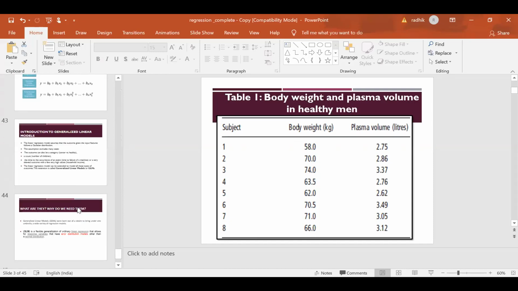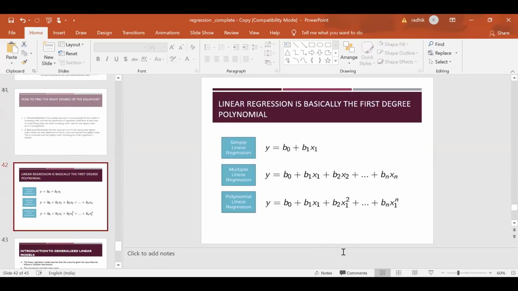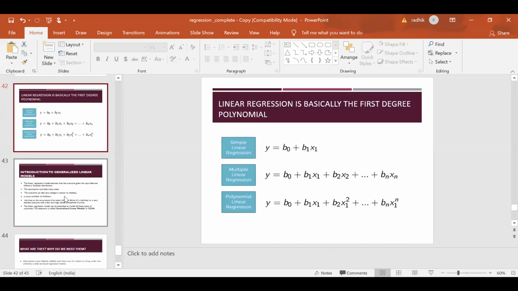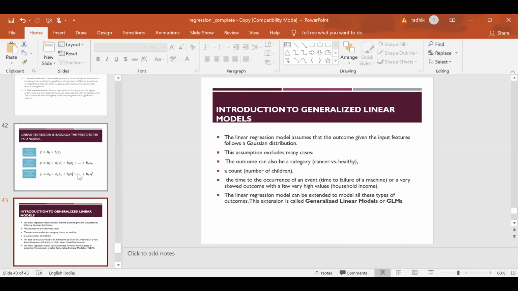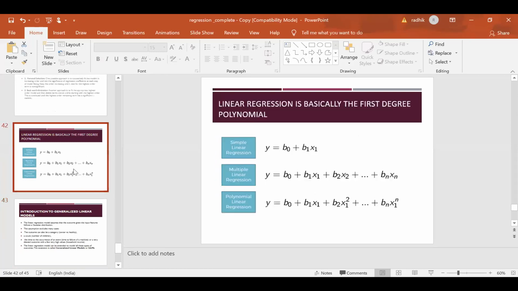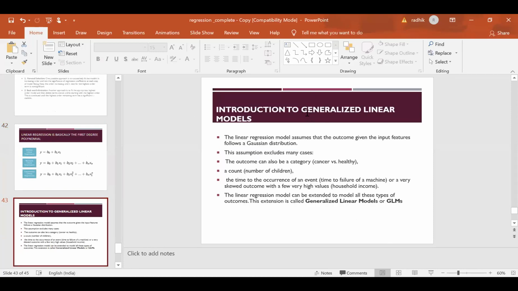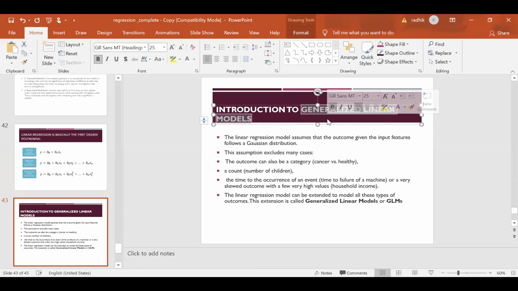Before winding up today's session, I will talk a little bit about the other models also. As I told you, there are many types of models if such assumptions are not met. For example, there are many types of dependent variables. It may not always be continuous. It can be categorical, it can be binomial. In such situations, we use a general term called the general linear model.